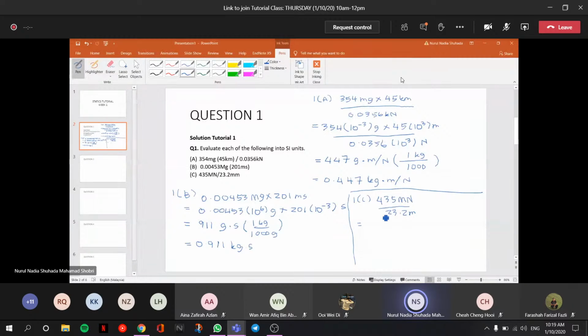So for question 1C, 435 meganewton is divided by 3.2 millimeter. So the prefix mega, you change to 10 to the power of 6 newton, divided by 3.2 times 10 to the power of negative 3 meter. So you guys get